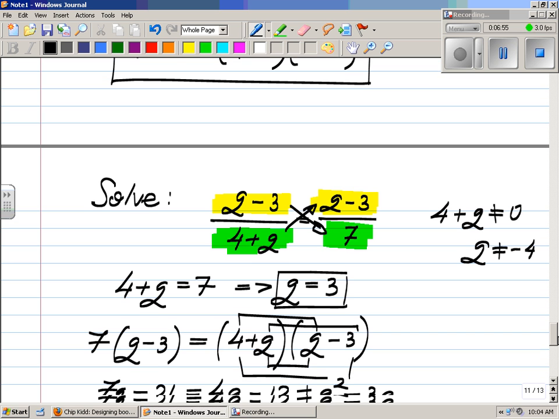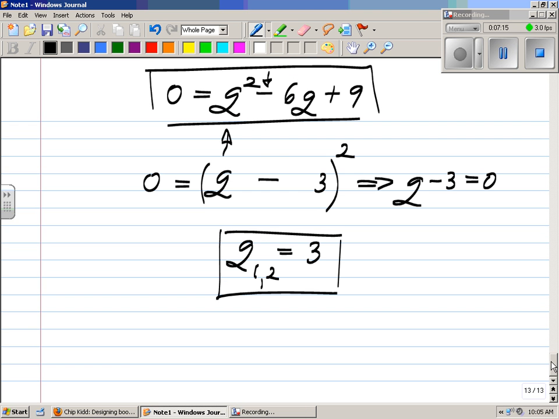But keep this in mind. Sometimes it may not be the case. So it's better to check with the cross products also. One thing you have to make sure is that 3, or whatever solutions you find, is different than your restriction. q should be different than -4. Well, 3 is different than -4. You are done. This is the answer. q equals 3. q or g, or whichever way you want to call that variable that I'm